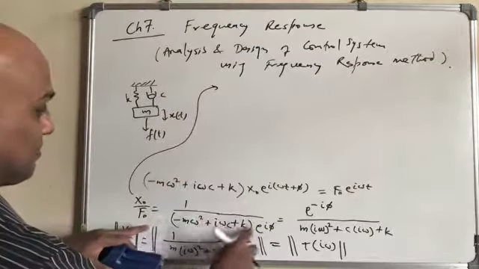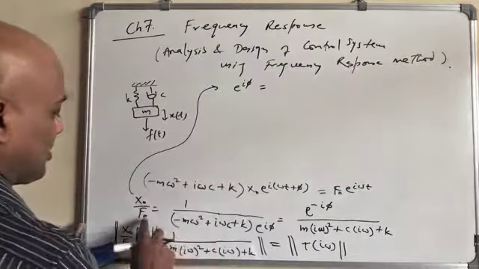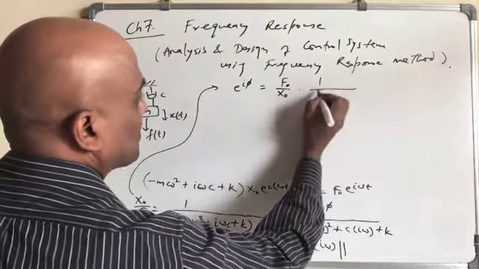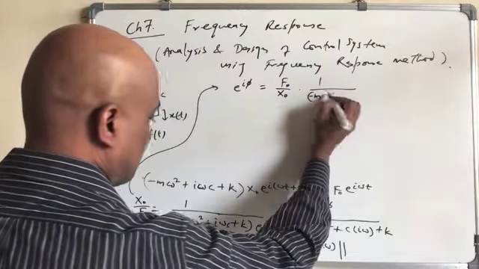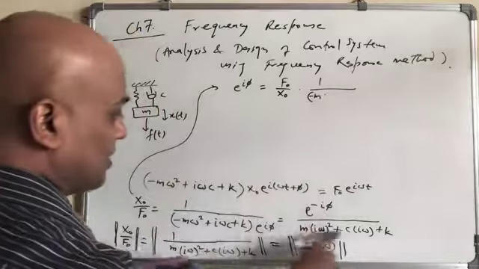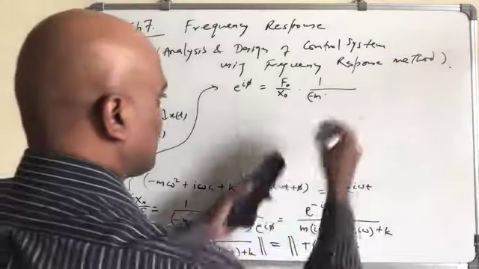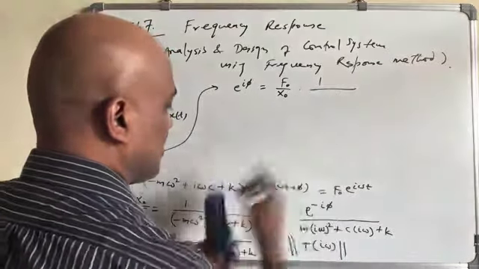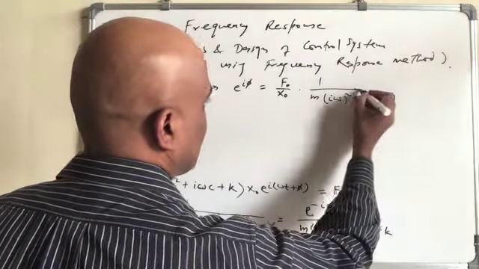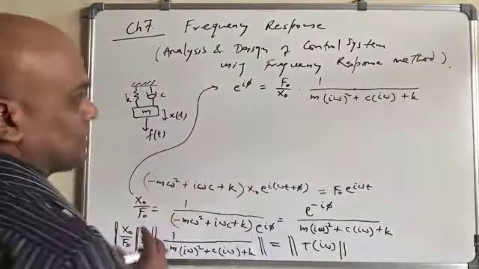We get I phi is equal to, simply, this will be f naught over x naught divided by minus m omega square, basically this one. So just write like this, is equal to m I omega square plus c I omega plus k, right? Okay, that really means that